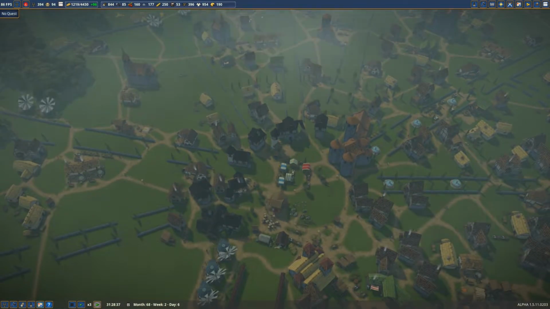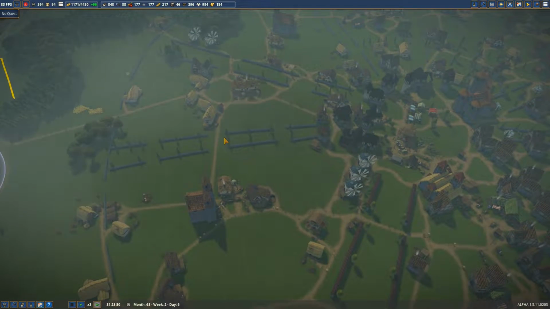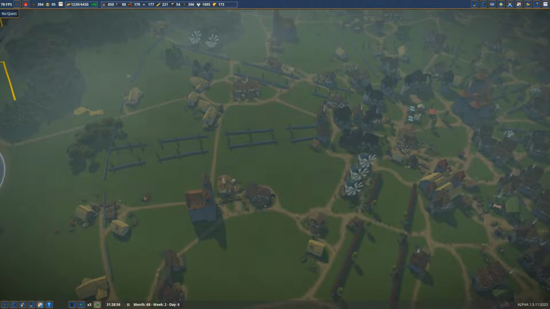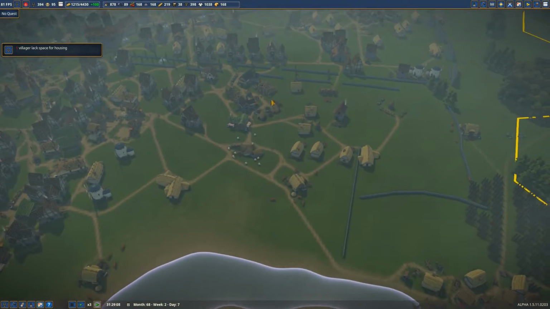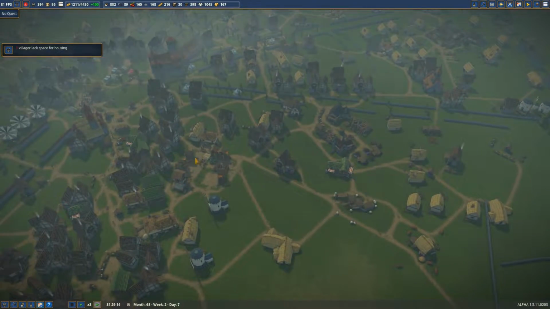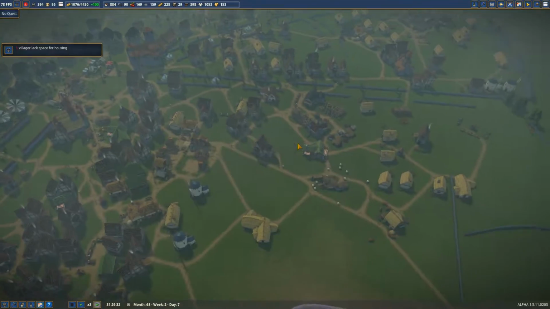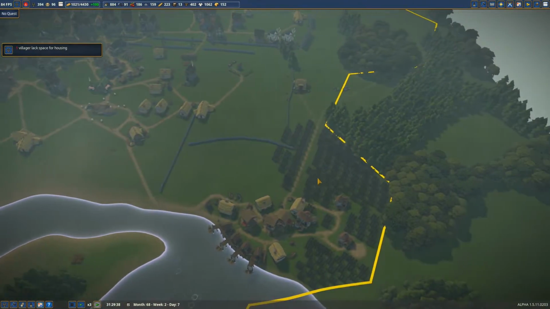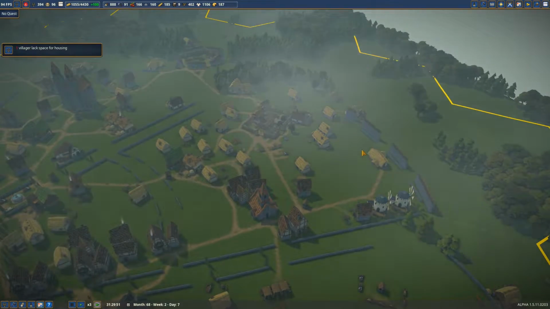I did also implement a lot of different kind of ideas to spread the industry a little bit better, because as you can see, I do have a little bit of an issue. I have got some farms in here. I've got some different elements in the city, like some bakeries and some tailor shops in here. However, the outskirts is not really doing well because there's a lot of stuff going on very far away